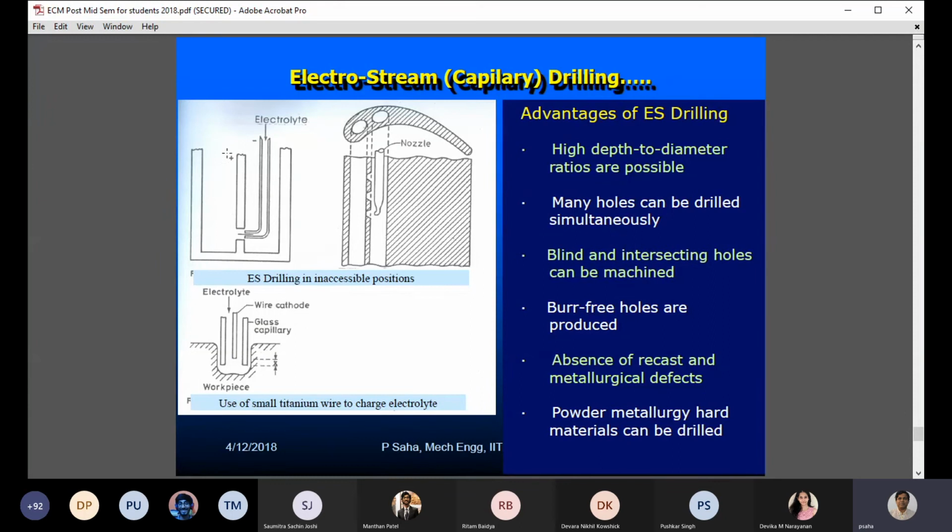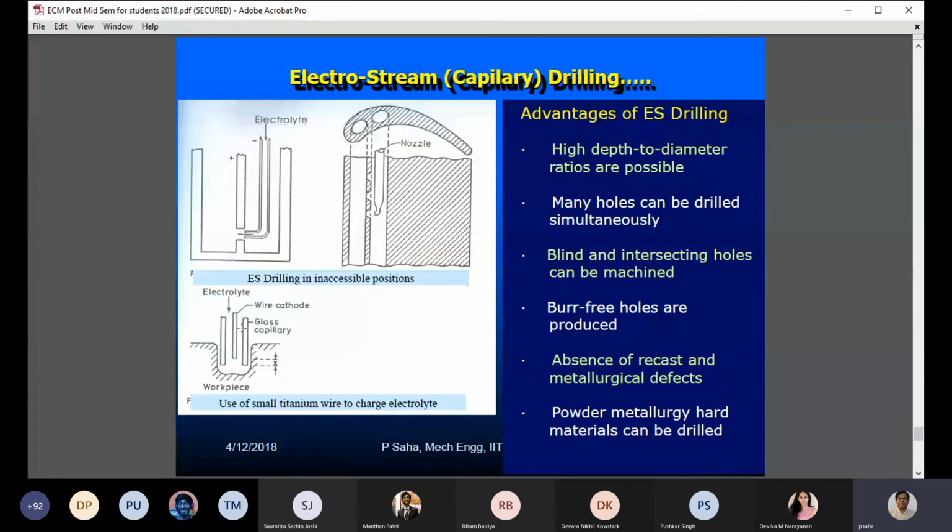So suppose I want to drill a hole in these inaccessible areas. Laterally I bend the glass tubes, and since the wire will follow the shape of the tube, it will be guided by that tube. So the wire will follow, and we can laterally attack and electrochemically dissolve and create this hole. Or at multiple positions, we can keep on creating holes, then I go down further and create a hole. We can withdraw the wire, go down further, again create holes. So we can keep on creating holes like this.